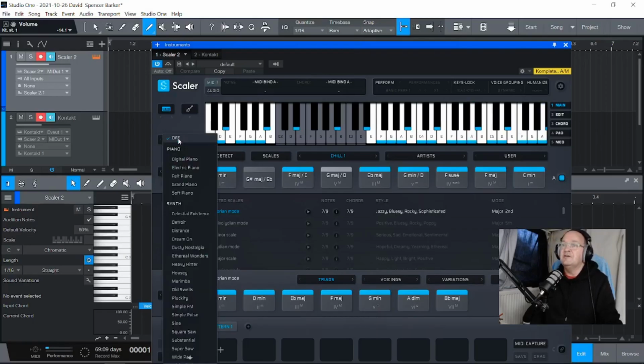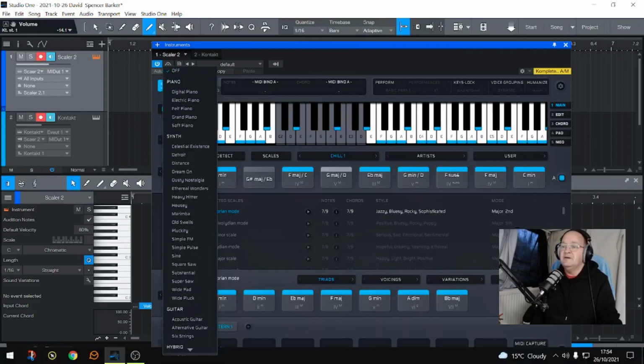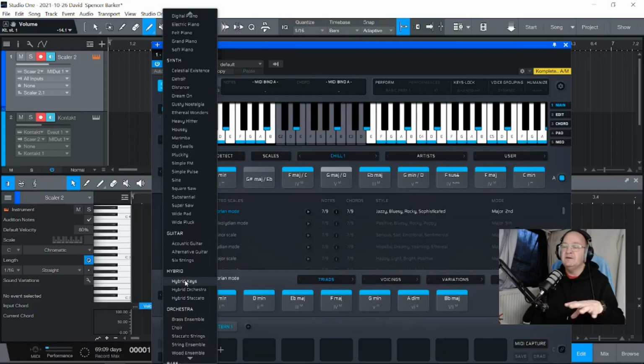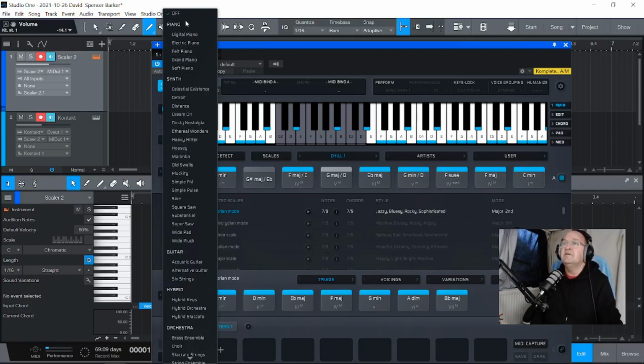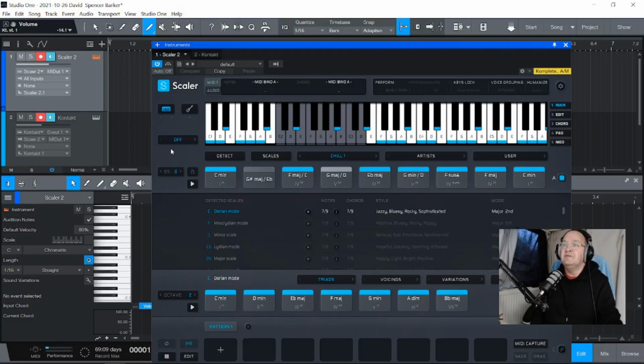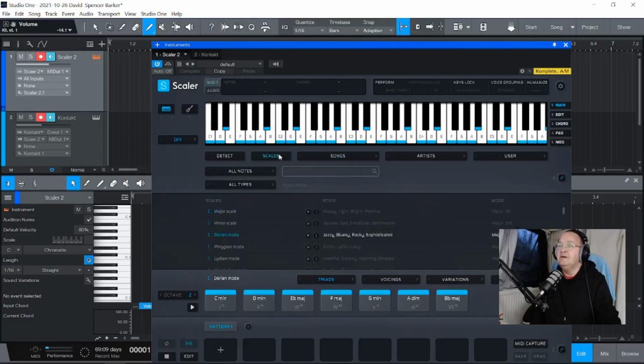You've got a nice selection of instruments, so you can actually use Scaler within your DAW with only these instruments if you wish. Okay, and turn them off if you want to hear your own instruments. Okay, it's got detect mode, scales on there, loads of different scales, and